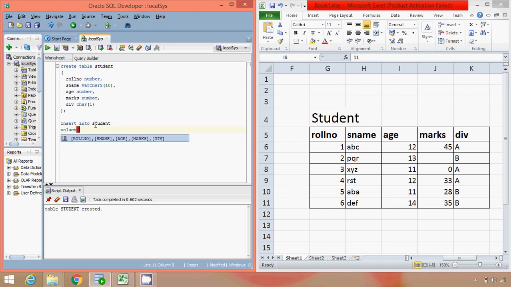So the first value is 1. While inserting numeric values, we do not specify single quotes, but for character based values, the values need to be specified in single quotes.